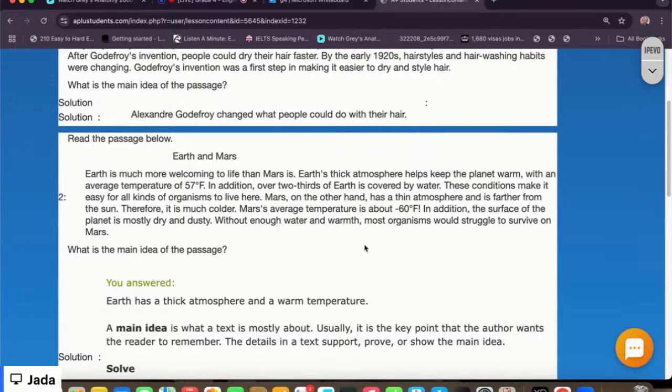All right, let's look at some examples. Let's read this passage. Oh, a toy one. Okay, I get it. So we have this passage, and we will have to read it and then figure out the main idea out of